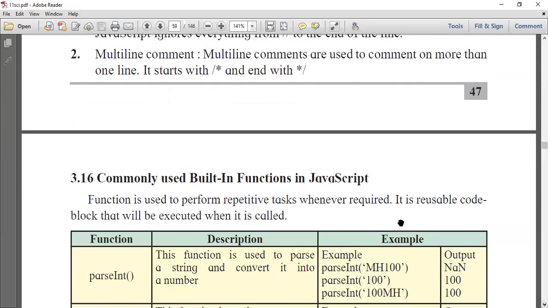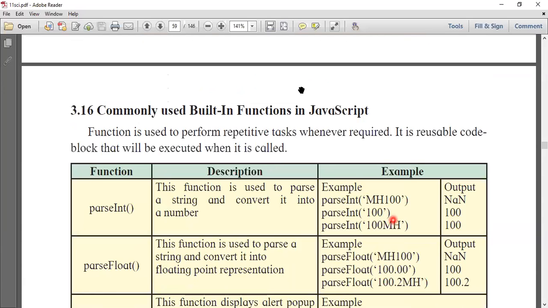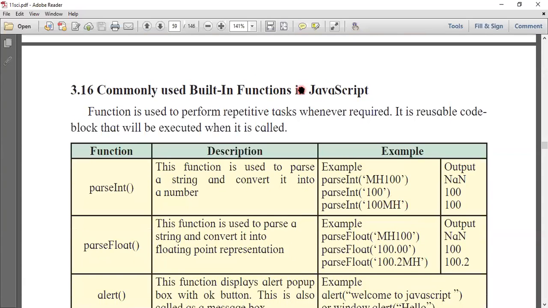Now we are going to study built-in functions in JavaScript. Before going to built-in functions, first of all we must know what a function is. Simply, a function is a set of code, a set of instructions given to the computer, that we can execute a number of times.